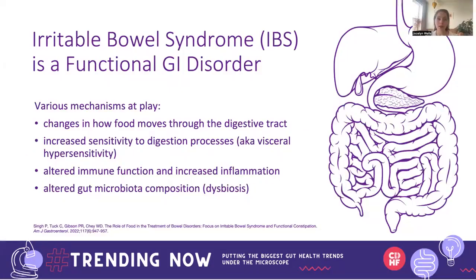To set the scene, I want to remind us all how truly complex functional GI disorders are. There are many factors at play, from motility issues to hypersensitivity, to altered immune function and altered gut microbiota composition, which we also call dysbiosis. What we also know is that about 3/4 of patients with IBS are sensitive to FODMAPs. So while managing FODMAP intake is rarely the only intervention necessary to fully help control IBS, it is a commonly